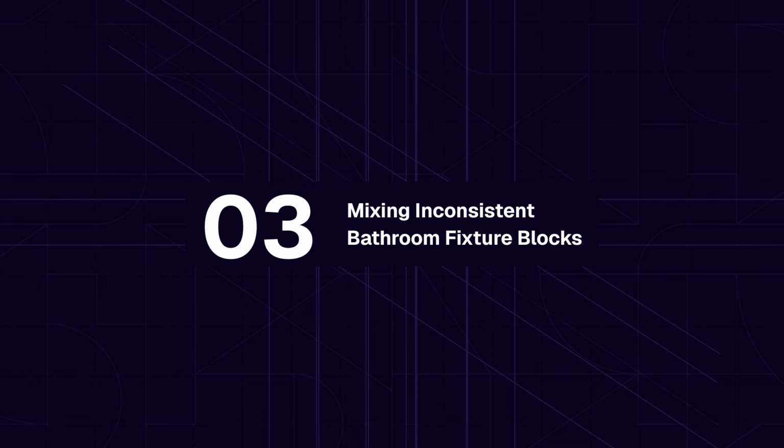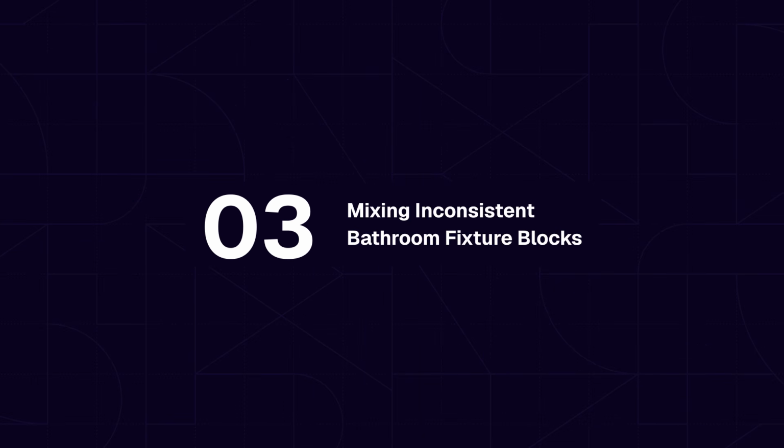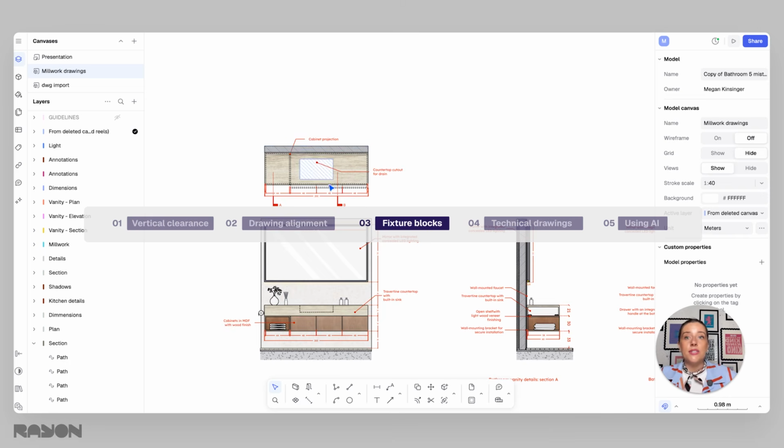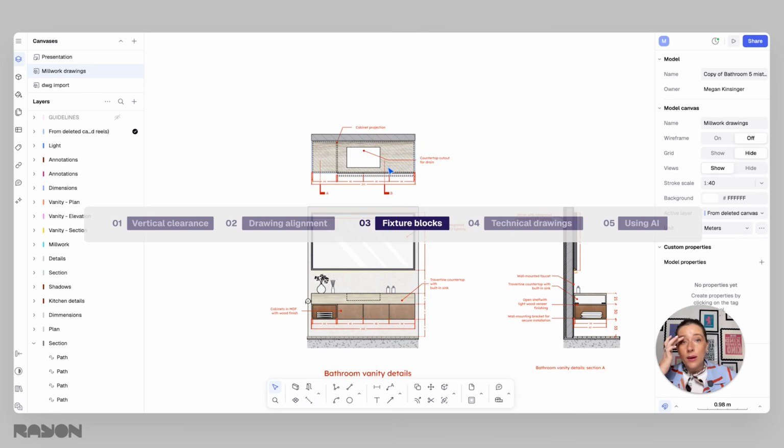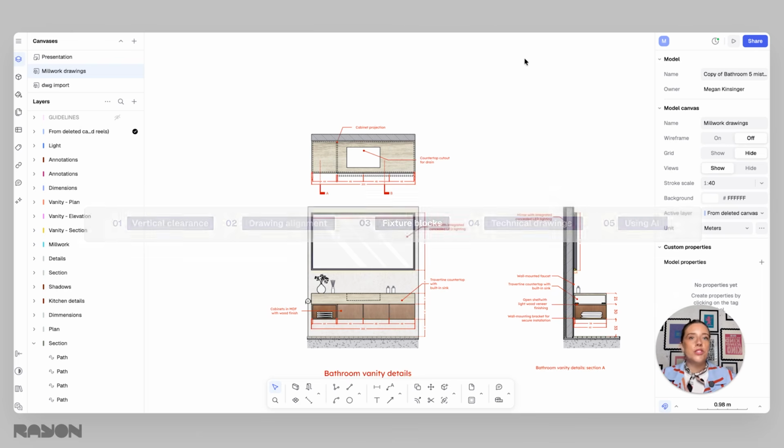Moving on to common mistake number 3, which is using inconsistent blocks for bathroom fixtures across drawings. Designers often download blocks from different websites, but it's surprisingly hard to find matching plan, elevation, and section blocks for the same toilet, vanity, sink, or shower fixture. As a result, the fixtures might look correct in the plan, but look a little bit different in elevation or section, which ends up creating inconsistencies in the documentation, which ultimately creates confusion for the client